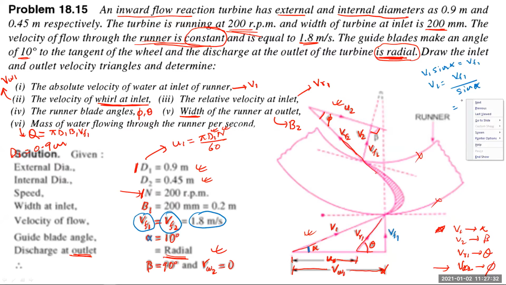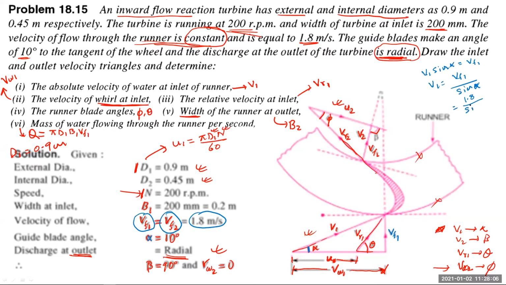Vf1 is 1.8. See, once again, I'm telling you the results for your last previous semester are out, and you all know what you have performed. So the thing is to take corrective measures for those who have not got good results, and those who have got good results need to further improve. For improvement there is only one way, that is practice. Practice and practice. Practice makes a man perfect.